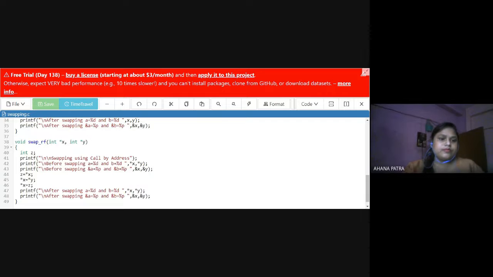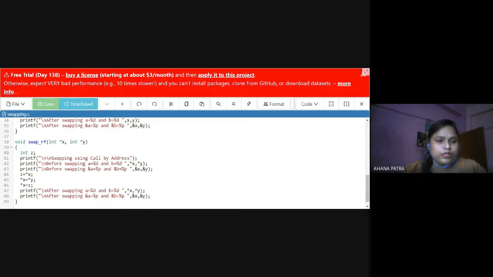Also z is a local variable of the swapRF function. z does not need to be a pointer, because z is a temporary variable that helps to swap the two values. First we print the data of star x and star y, and the addresses of x and y.